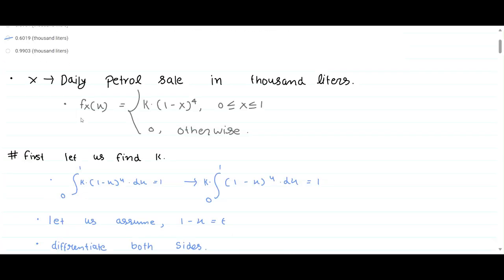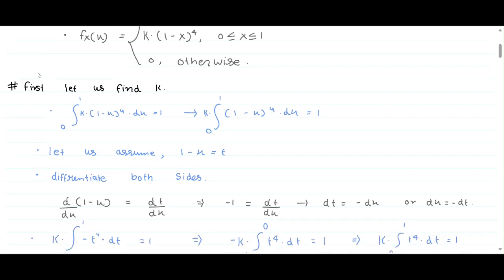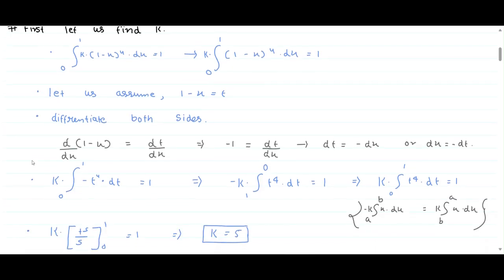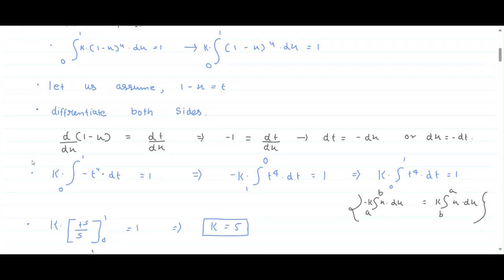So, let us see how we can solve this. Here, x is a random variable which is the daily petrol sale in thousands of liters. Let's first find the value of k. We know that the total PDF is always going to be equal to 1. So, let's integrate this PDF function from 0 to 1 with respect to dx and equate it to 1. After solving the integration by using the substitution method, the value of k that we get is